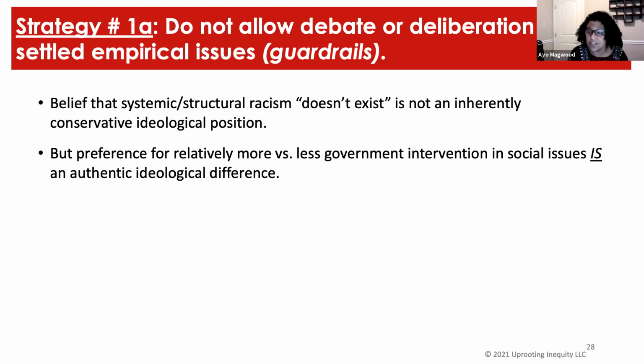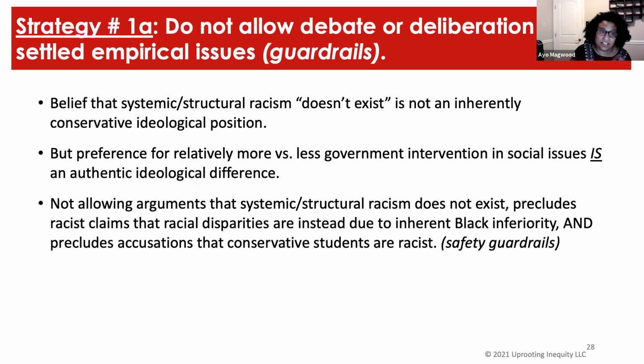Liberals, that's the whole definition of liberal versus conservative. Liberals want more government intervention and conservatives want less. So that's legit, right? But structural racism doesn't exist. That is not a legit conservative position. So when you don't allow arguments that structural racism doesn't exist, that prevents like 99% of the racism that could